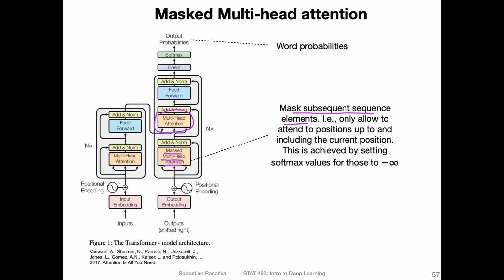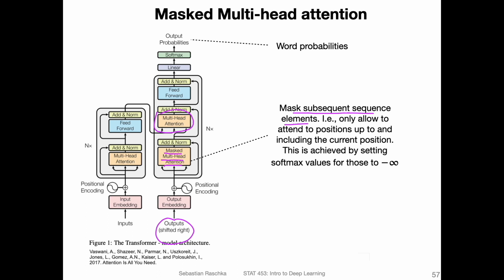So here the decoder is generating one word at a time. And let's say we have a sentence consisting of 10 words. We are currently generating word 5. So we would be at this stage masking words 6, 7, 8, 9, and 10 that are already present in the training data set. If we have a training data set, we have access to the full sequence, but we are masking those words that are not generated yet, essentially.